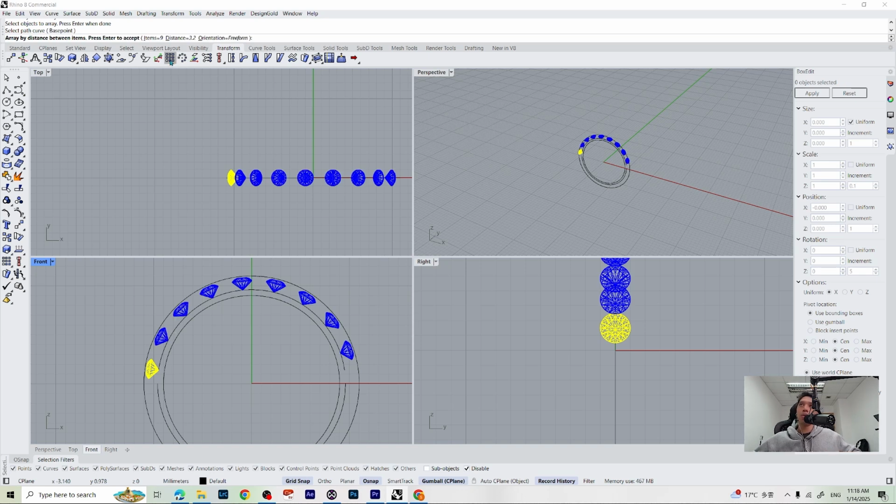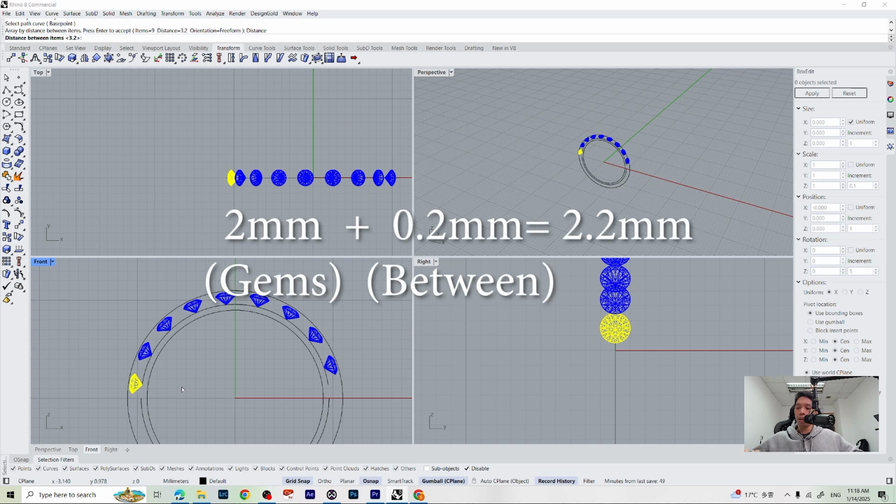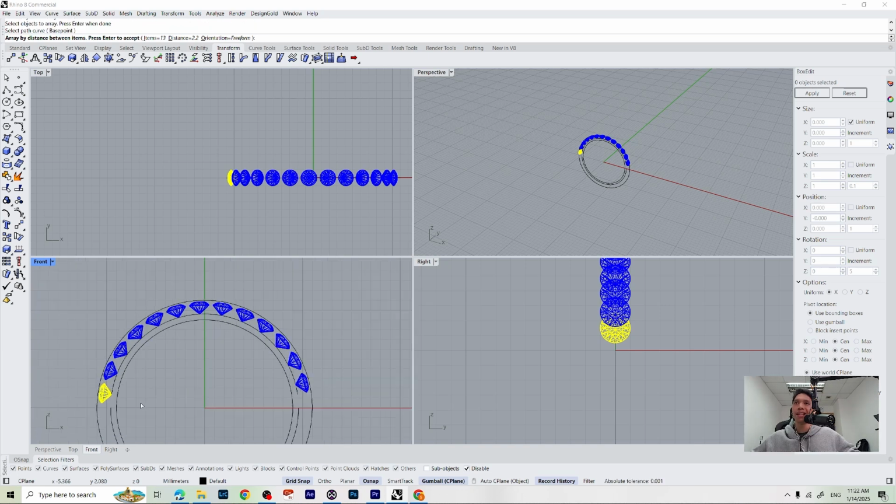This time we are going to select the distance, and I know that our gemstones has the measurement of 2mm, and I want to add 0.2mm in between each gemstones, so it will be 2.2mm. Press enter. Now you can see that it's not perfect and it's missing 1 stone on the other side,